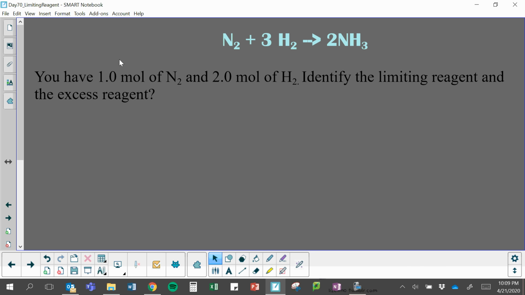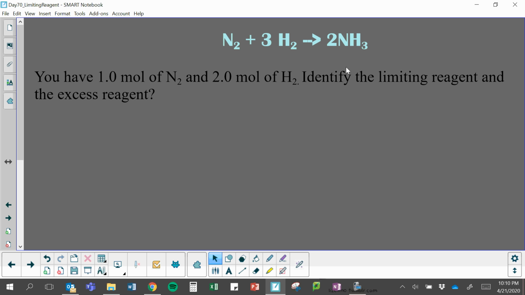So here's an example. It says you have 1 mole of N2 and 2.0 moles of H2. Identify the limiting reactant and the excess reagent. So in the past, I just gave you one of these numbers and you had to calculate it. Now we have quantities for both of these, and so we have to basically do the calculation twice, once with 1 mole of N2 and once with 2.0 moles of H2, and then compare those numbers to see which one is going to be limiting,